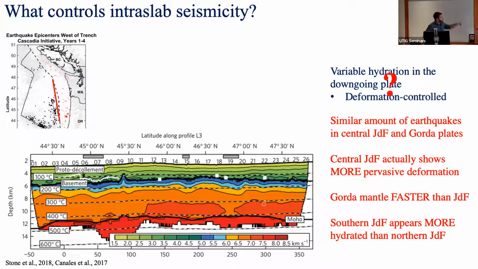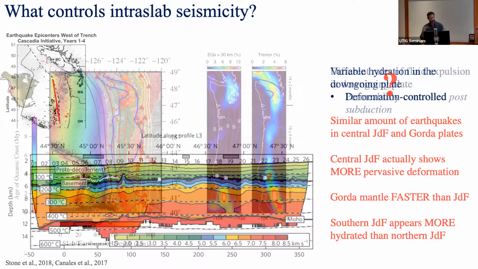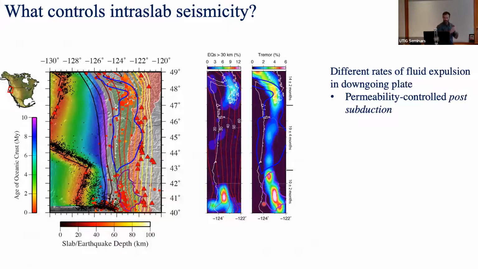Maybe we're just sample biased, but I would say an analogy is we're in a jury, 11 people think someone's guilty, one person thinks that they're not. They have to overcome a lot of evidence to make the case that this is the controlling mechanism for what's happening down dip. So now let's go to this other end member hypothesis where things are uniformly hydrated prior to